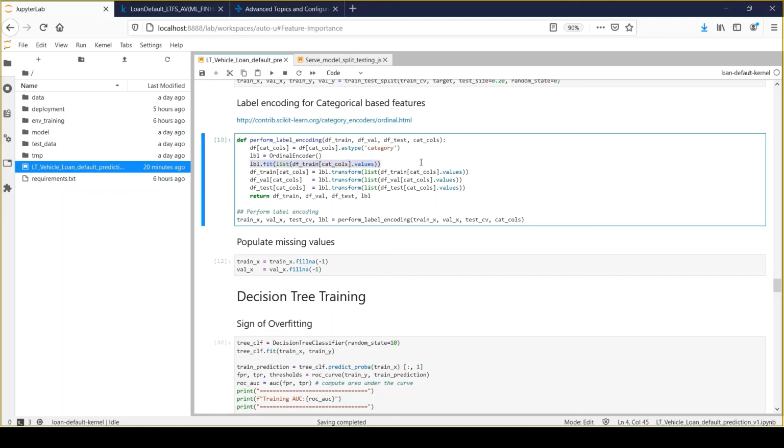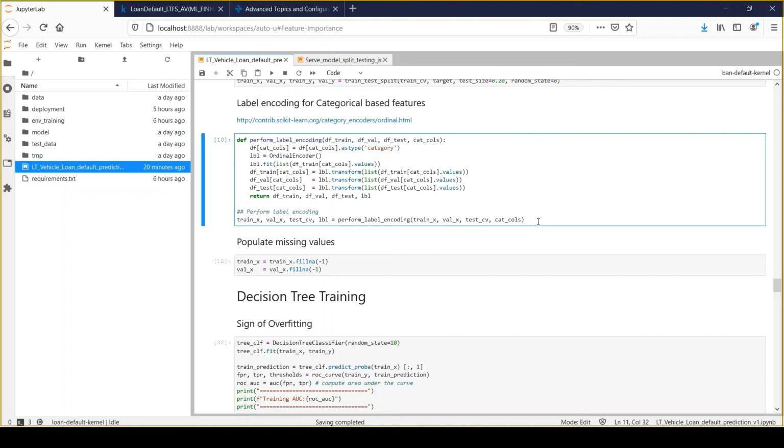And once my label encoding fit on training has been done, we will be transforming that data so that we can get the numeric representation for all the categorical features, right? So here I'm doing it for training, validation and test, and I'm returning those values so that we can store them within the variables train x, val x, train cv, and label.